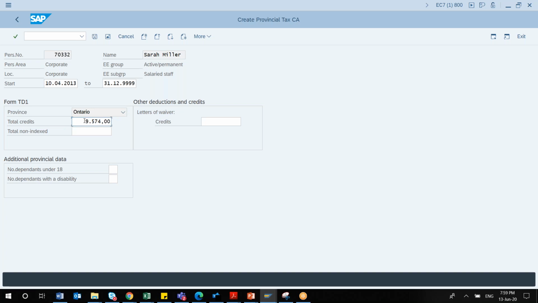Accordingly, the system has calculated some kind of credit. This is 9,574 US dollars, sorry, Canadian dollars. It has calculated something in the backend depending on the data. And suppose you would like to make any changes here, suppose there is some other deduction or credit happening, that you maintain here. Any kind of credit is happening, and what is the meaning of this credit,